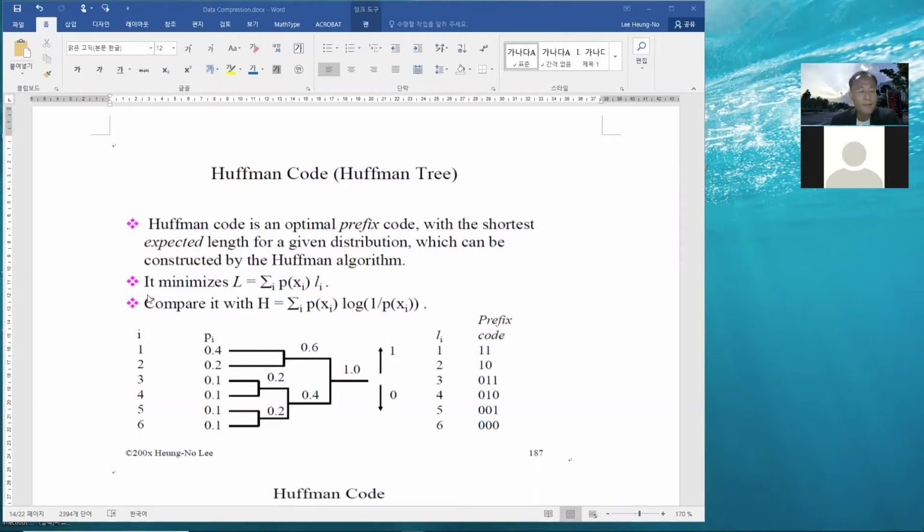So again, the objective is to minimize the expected length given the distribution, and we can compare this description length, the expected value of description length, with the entropy. Since the distribution is given, entropy can be calculated. So here,